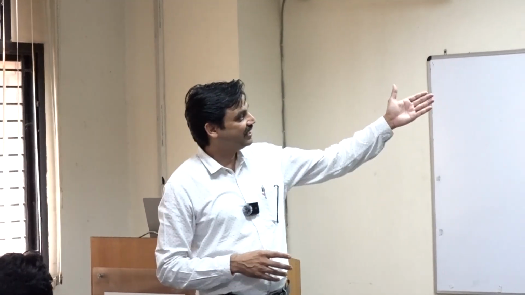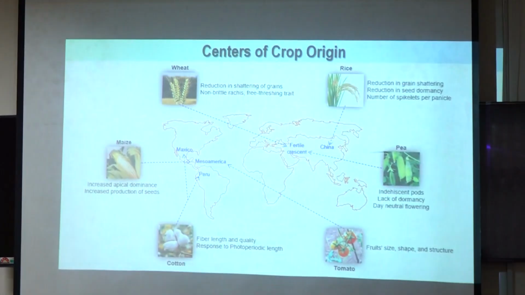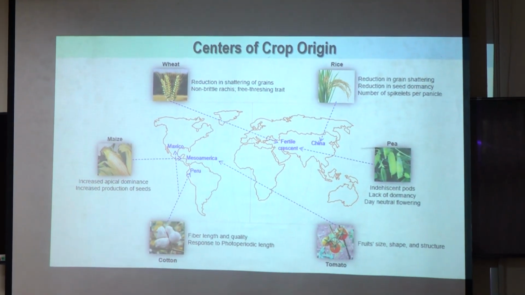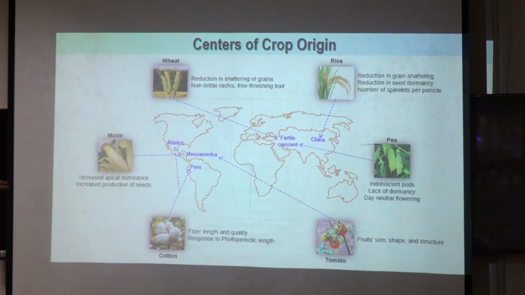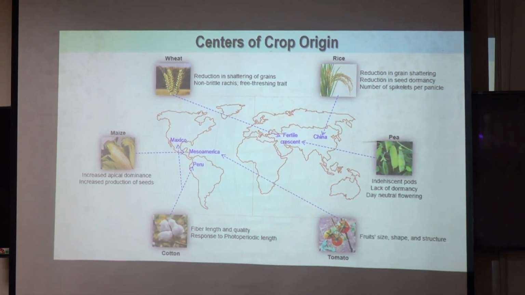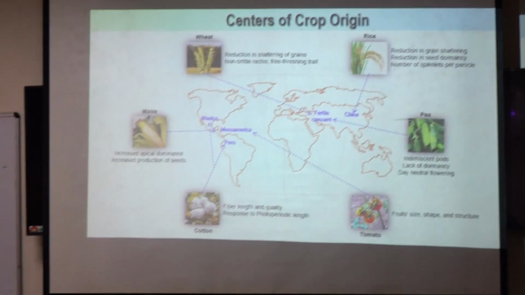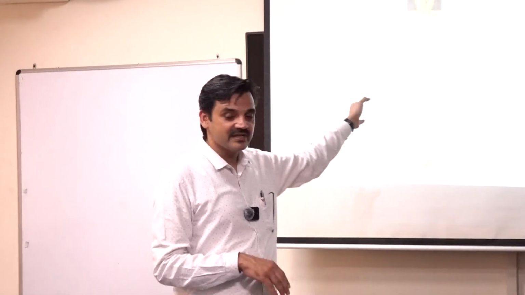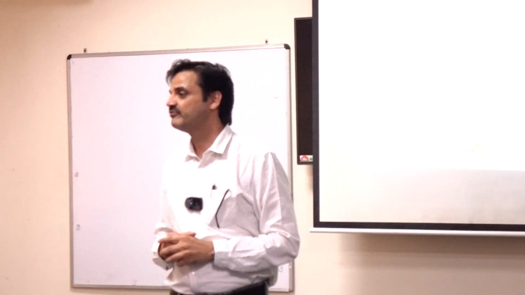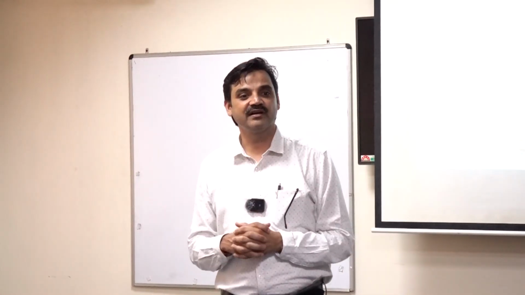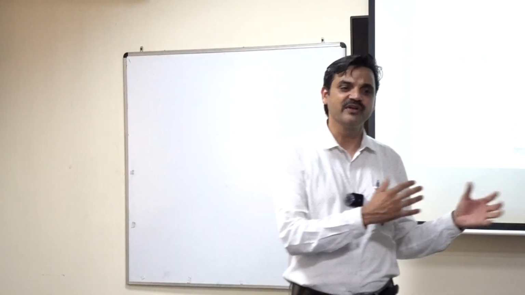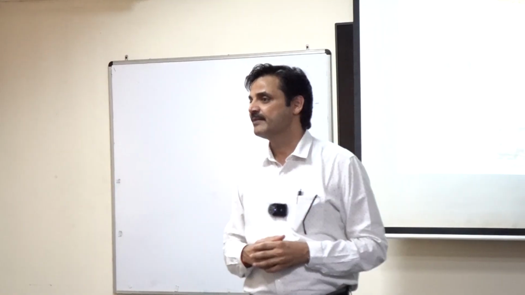And you can see maize, wheat, rice, pea, and there are many. This is only a few. So whatever you say, Mexico, Peru, Fertile Crescent, China, these are the centers of origin, and then they diversified. Whatever cotton we are using right now, I'll be talking about it, originated in Mexico. The very first time they came into the Africa continent, and then they moved. I'll talk about it in the coming slide.